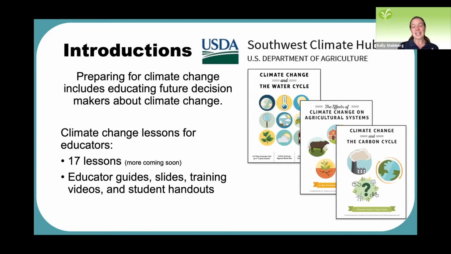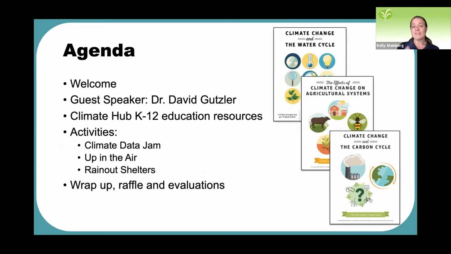In those are 17 lessons. They could all be taught as these modules, but they can also be done individually. I know there's 4 informal educators on the call, and so thinking about how do we take pieces that work for us and mix and match them into everything we're teaching. These are made for informal as well as formal educators. And in each lesson, there's educator guides, slides, materials, videos, student handouts, whatever you think you'd need to teach these lessons.